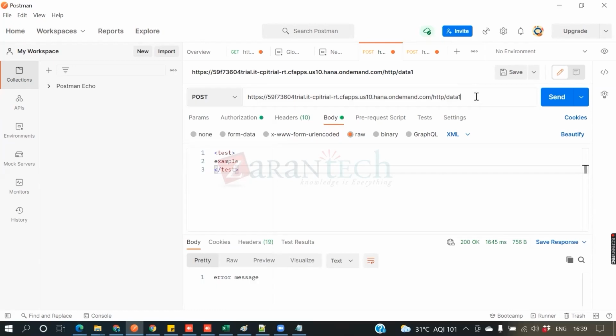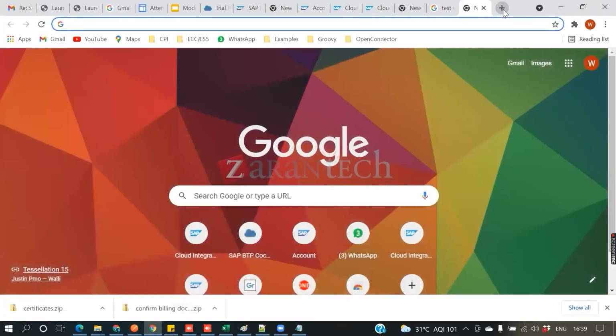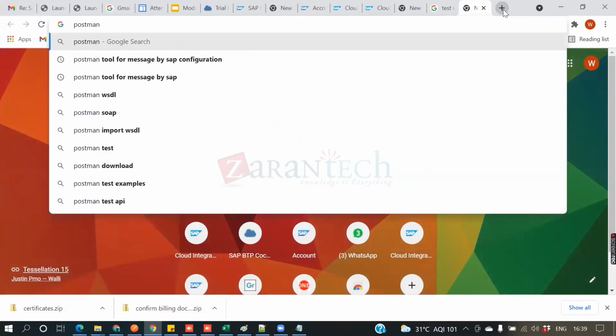And is this a licensed tool or freeware? No, it's an open source tool. You just simply click on Postman. Here we have two versions. One is the web version,